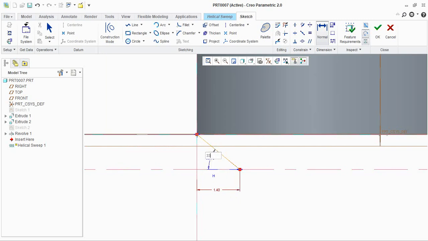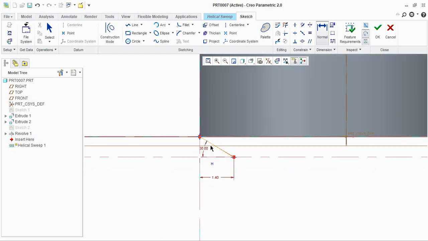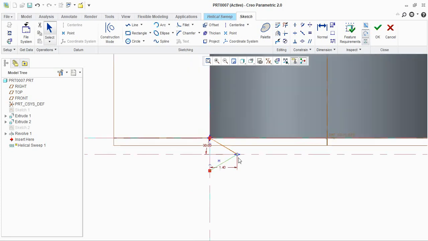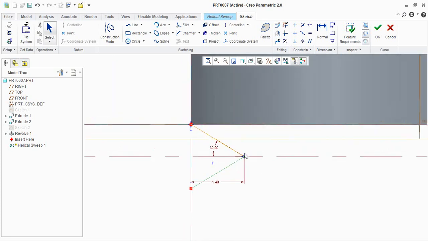We will give the angle as 30 here. So we created a line. Now we will mirror this line with respect to this center line. Click on the line, select the mirror option and then select your center line. So we have created a basic sketch here.